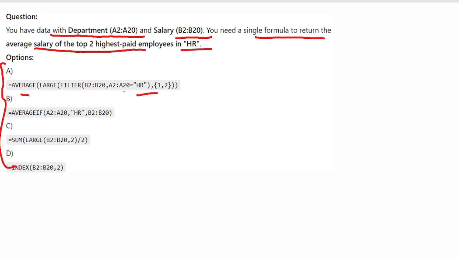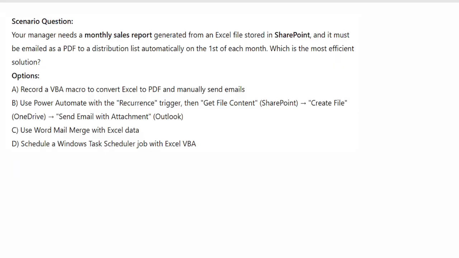So first we filter the salary with department HR, LARGE is used to pick the top two values, and AVERAGE is used to calculate their mean. So the correct option here is option number A. Now move to the next question.